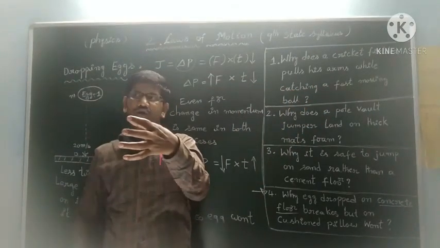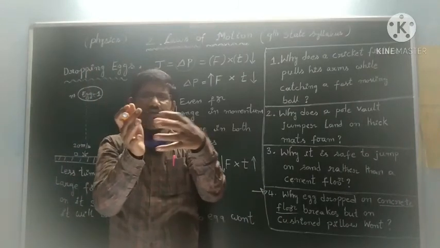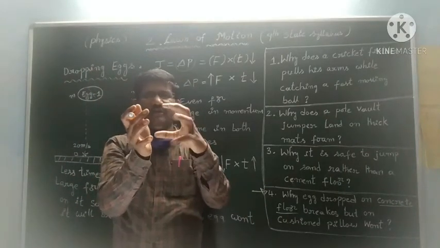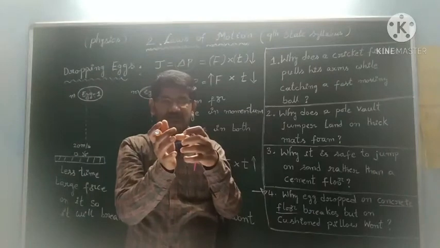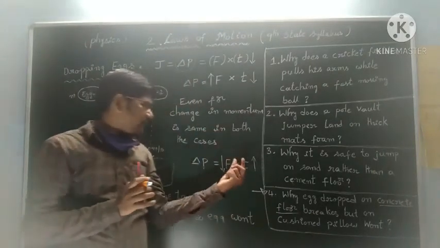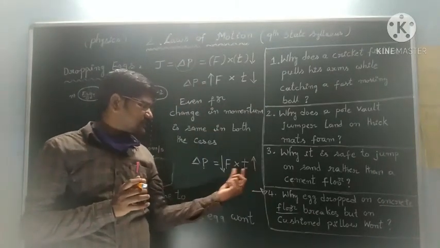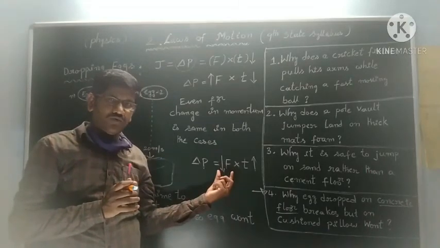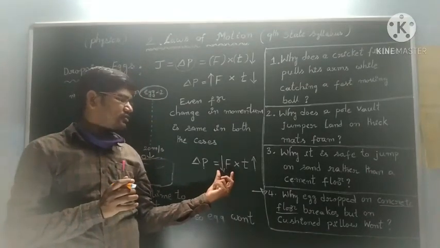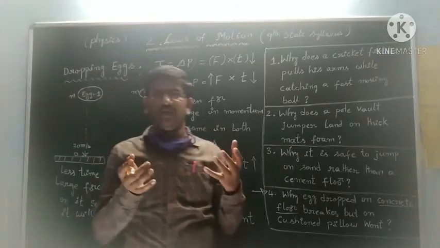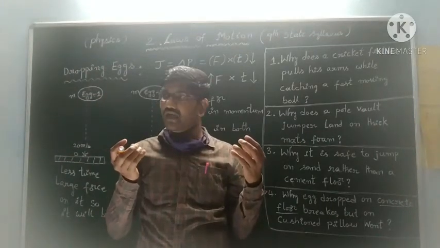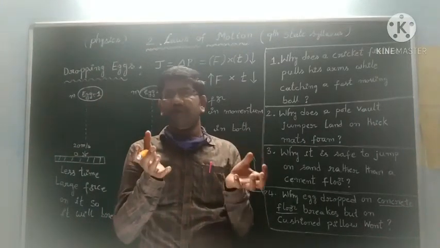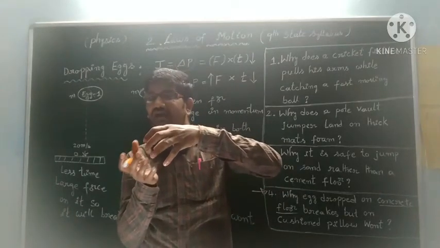If you stop it suddenly, the interaction time between the cricket ball and the hands is very less. Whenever the time is less, the exerting force is more. Force is more means hands may get injured in that case,